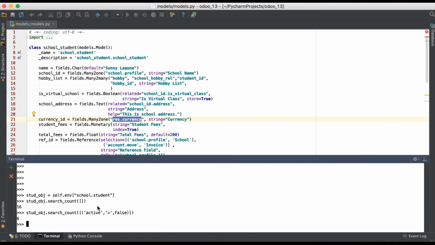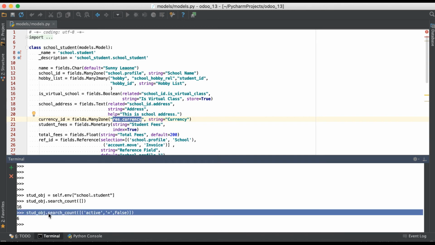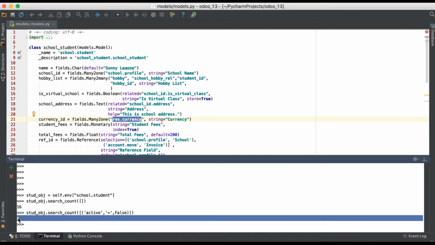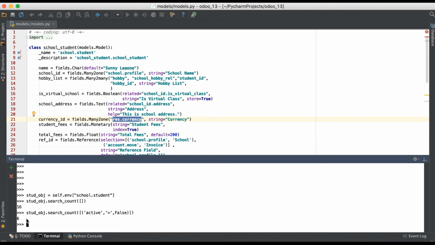The main purpose is, if you don't want to return a record set, but you need only the total number of records from the database, then you can use this search_count method. Whatever you pass as a parameter is, in SQL terms, a where condition, and the return is an integer, the total number of records.